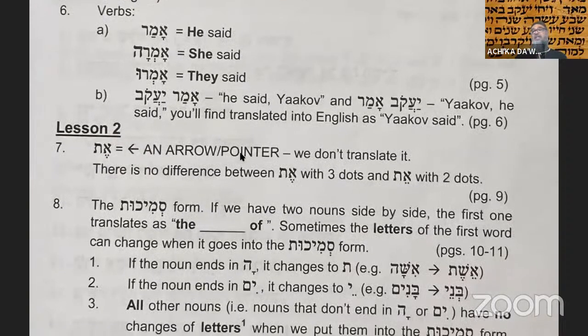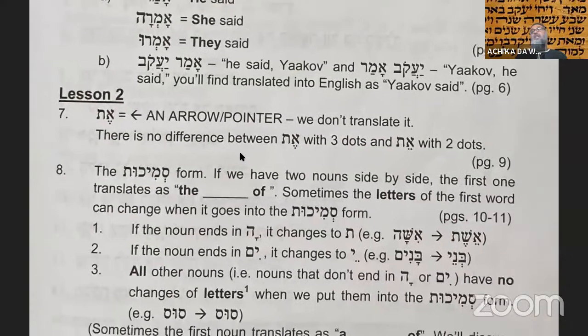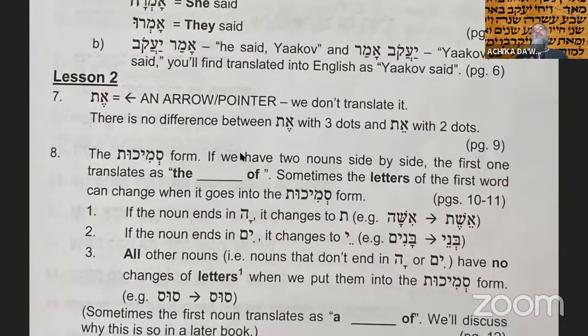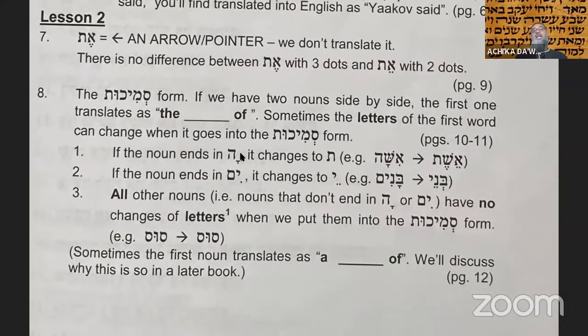That's all, we don't need to translate it. There's no difference between one with 2 dots or 3 dots or no dots. It's still the same thing. It's an arrow. Okay. The most challenging part of your lesson today was to understand that anytime you put 2